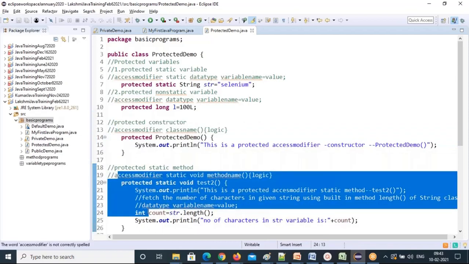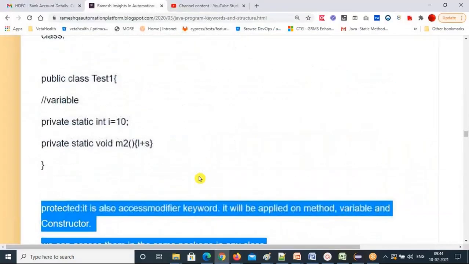For only 3 places you can use the protected keyword, but not for a class. We didn't create a protected class. Yes, by design itself, they stopped it. There is no protected class. Your class can only be either public or default. Clear now? Let's go on and discuss what a class structure is.